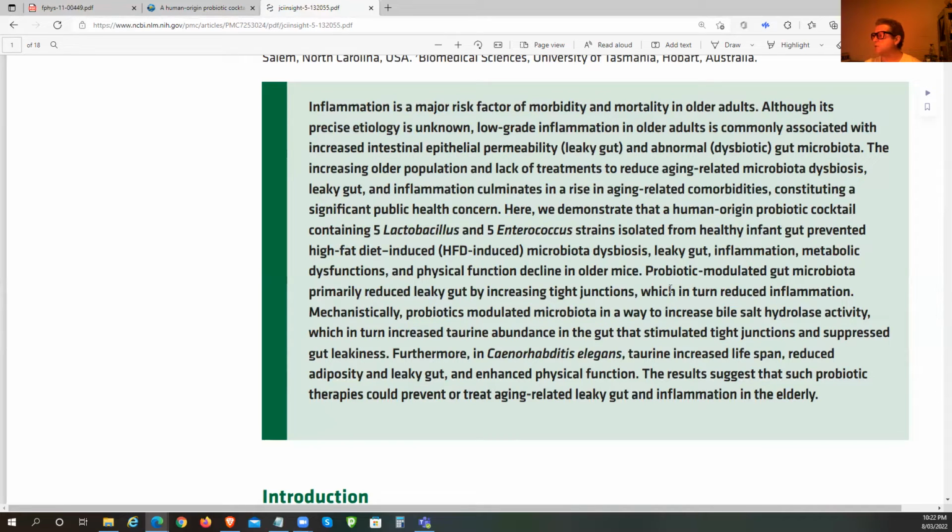Probiotic modulated. So you can see how the body works synergistically. All these things work between each other. So probiotic modulated gut microbiota primarily reduce leaky gut by increasing tight junctions, which in turn reduced inflammation. So these ones reduce the leaky gut situation, improve the tight junctions, reduce the inflammation. Mechanistically,